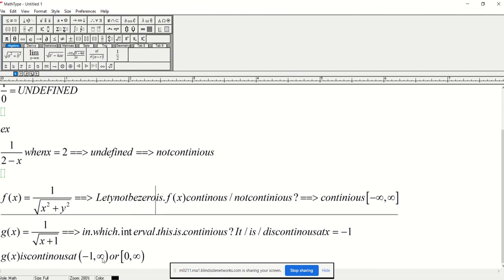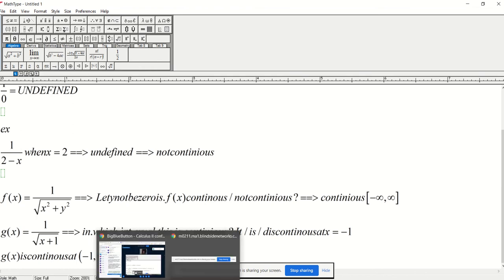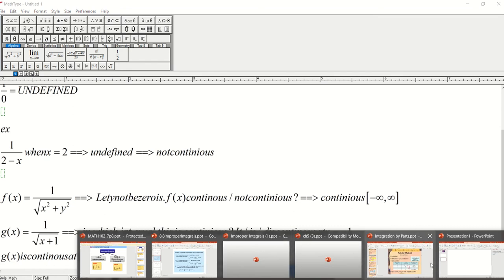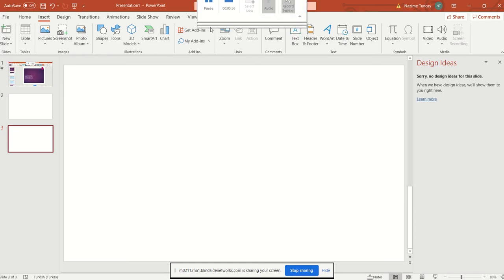And infinity is always an open bracket. It cannot be a closed bracket. It's always an open bracket because we don't know where infinity is restricted. Okay, so my presentation, I